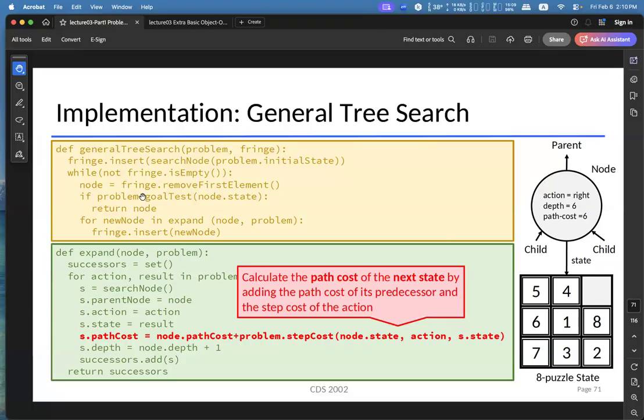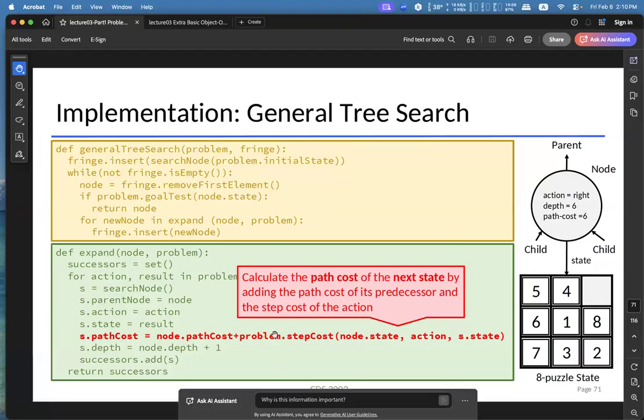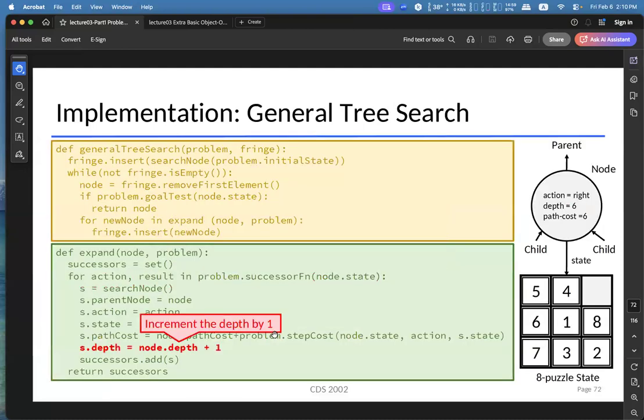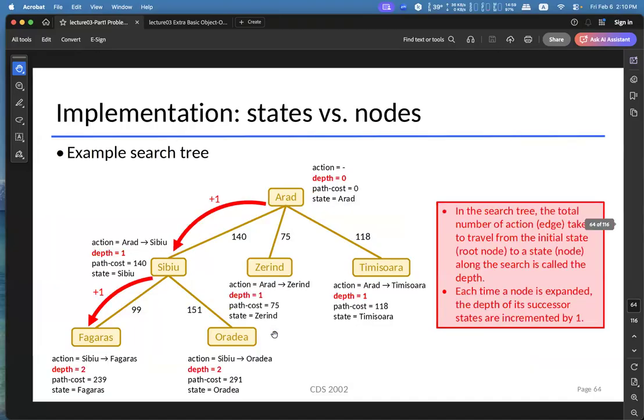We add these two values up and put the result into the new node's path cost. Essentially this line is doing what this figure is showing. Then we increment the depth by 1, which is also doing what this diagram is showing.